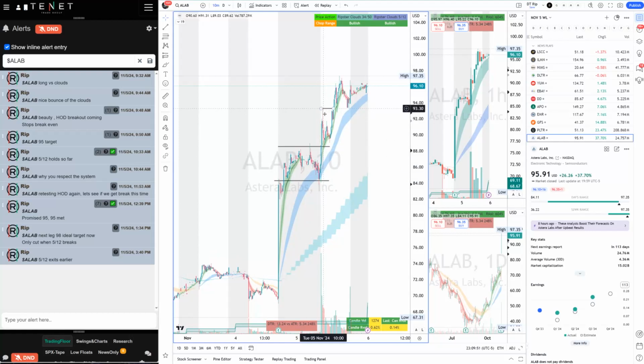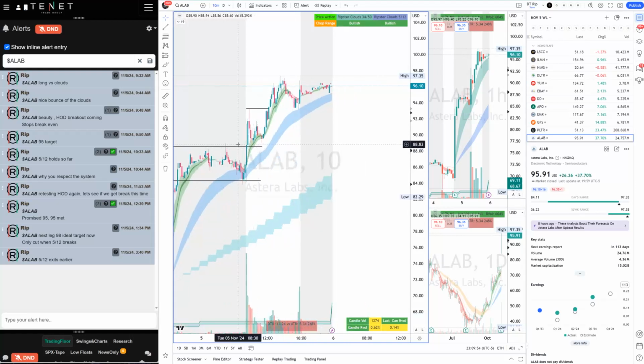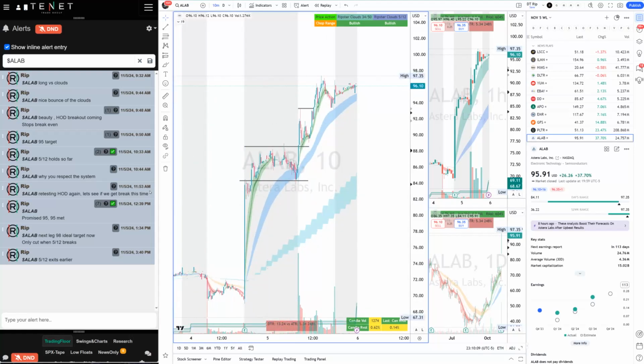Nice push to the 93, then it's pulling back. It's trying to break the clouds, but remember, this is the support, which is more important. So you go long here, even if you have 200, 300 shares, it does not really matter. If you have 300 shares, you're risking $600, but those 300 shares at the end of the day paid you more than $1,800 or $2,000, and same for the options. I didn't check all the options on this one, but it was a beautiful trade.